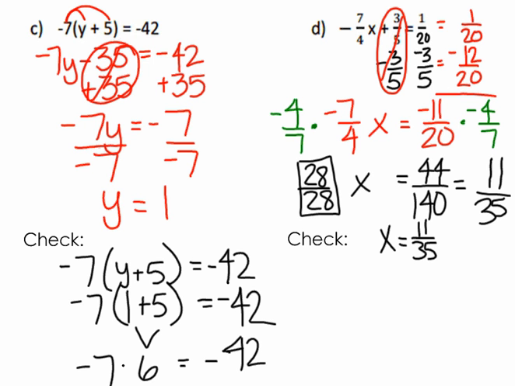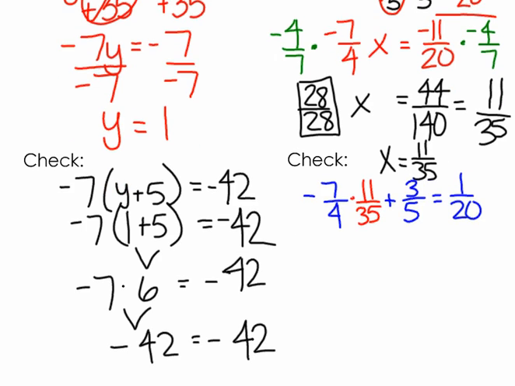Okay, now to check it. Negative 7/4 multiplied by x plus 3/5 should equal 1/20. So right here in place of x, I'm going to substitute 11/35, and we'll multiply first. So negative 7/4 multiplied by 11/35 is negative